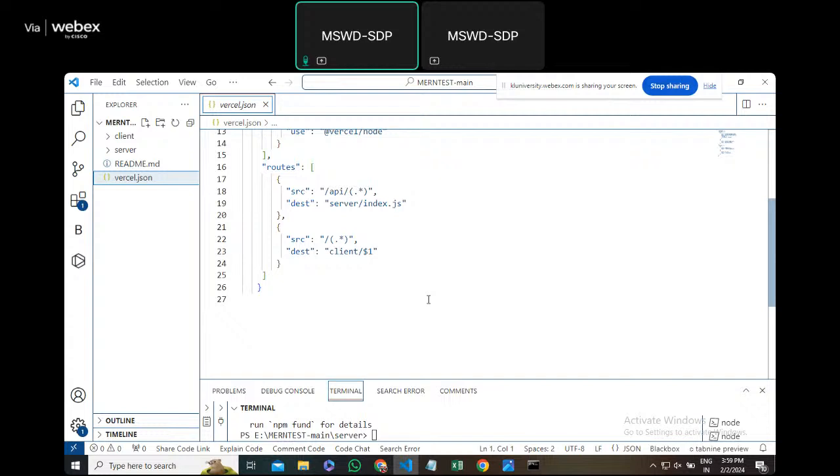I'm keeping it as it is because, let's see, if anything is wrong we also need to modify, but try to change accordingly, right? So you can see there is a slash API, then you need to change it accordingly to your folder structures or requirements. That's it. So up to this is the